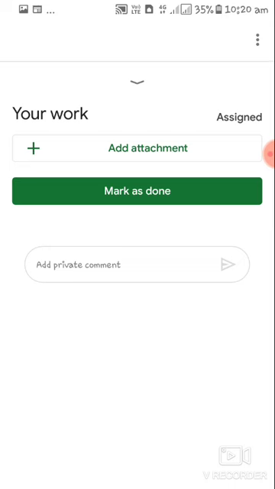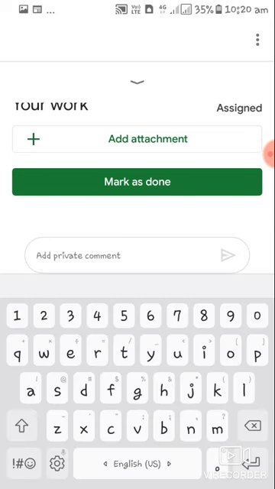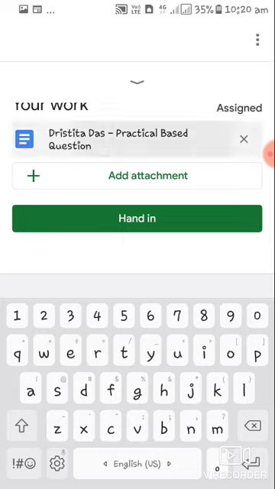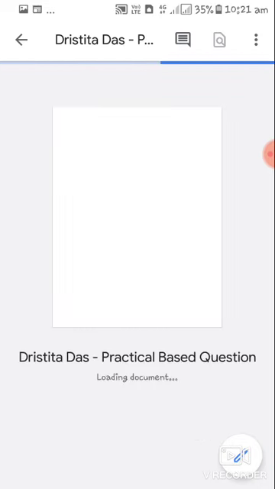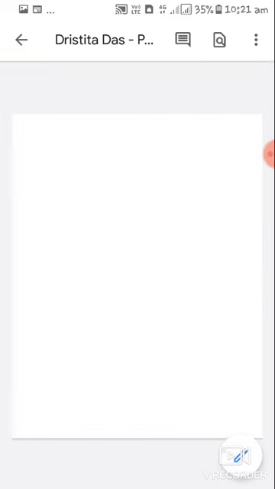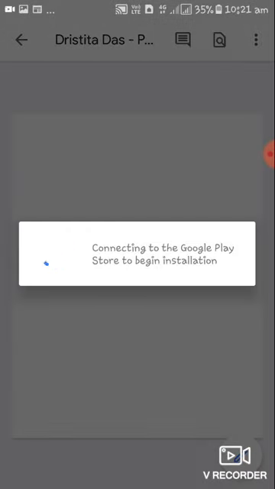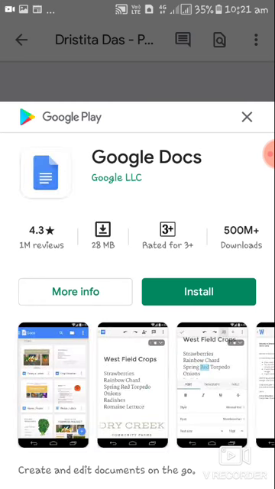I am pressing new doc and here attachment, now it is opening. You can see the name of the child is coming here. It is going to the Google Doc where I can type from my mobile. Now see here, this is what students are not understanding. Now this is the doc open. I am using the pencil. Cross this button, go and simply write the answer.